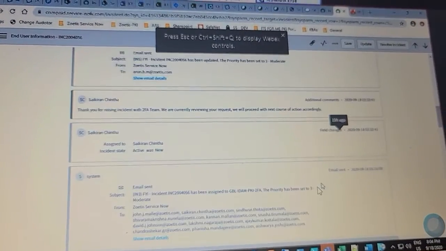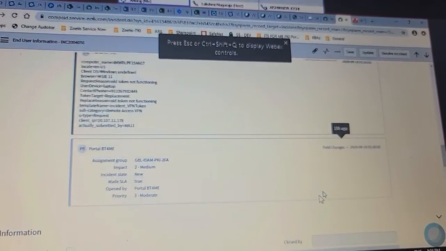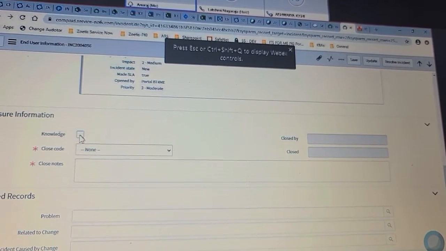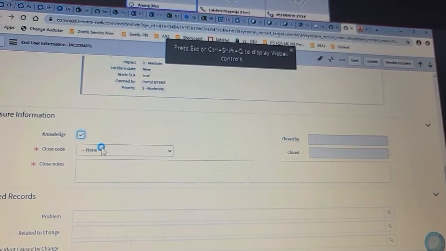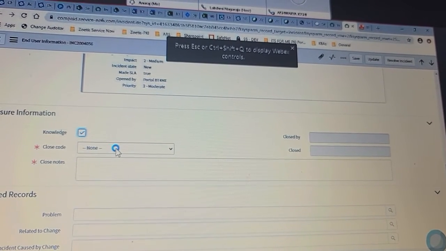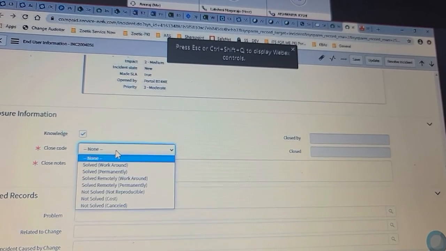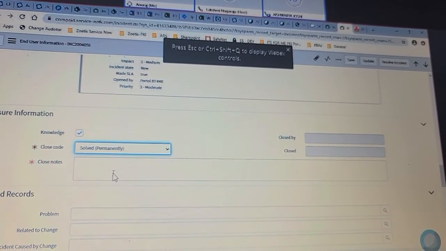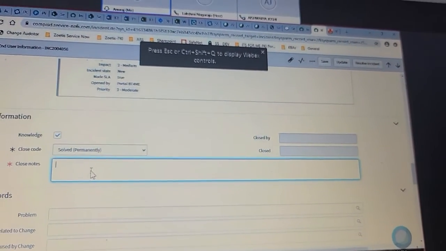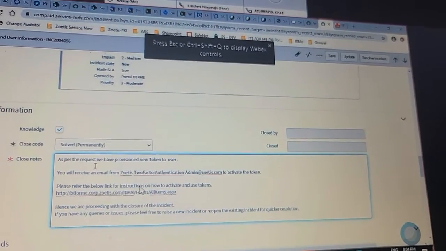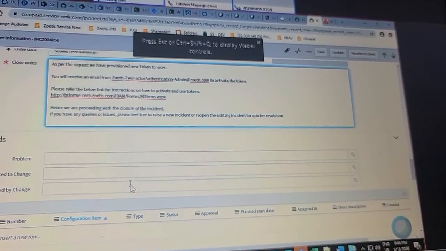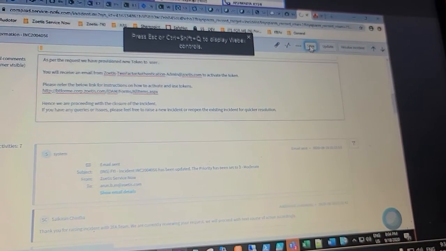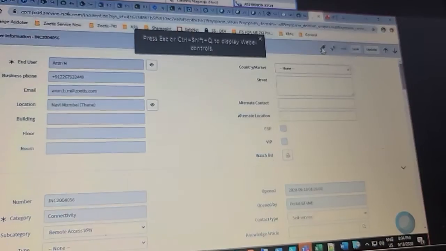All right, then we will go to the bottom. Closure information, knowledge. Solved permanently. Then the same notes here. You can click on save. The request will be closed. Okay.